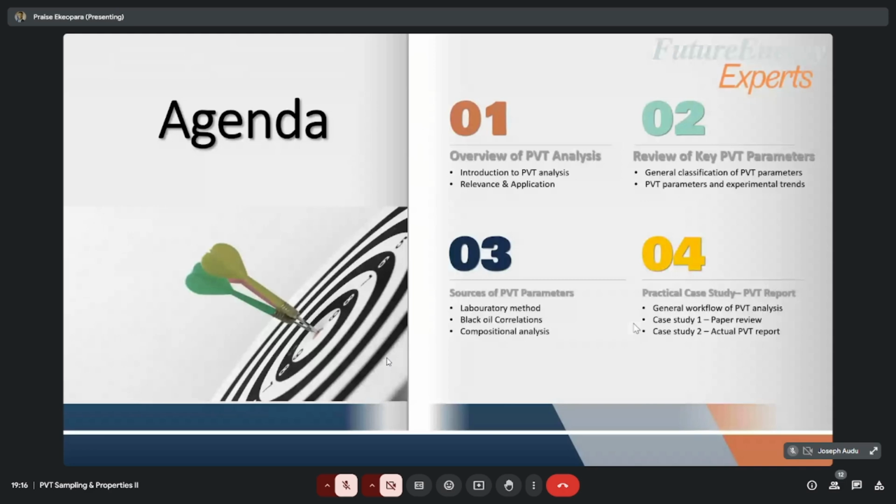Based on this agenda for the entire PVT class, we have done one, which is the overview of the PVT analysis. Then we started, and our class ended around the review of key PVT parameters. Where we stopped was around trying to show you the trends and the experimental